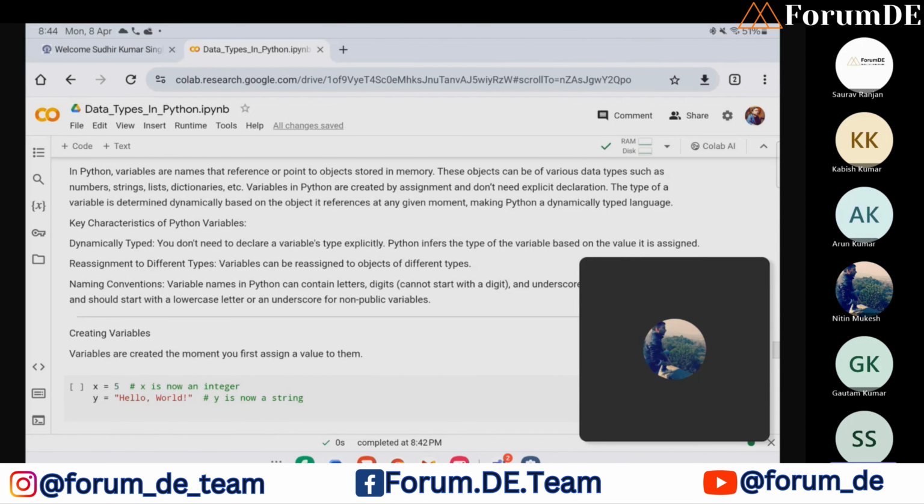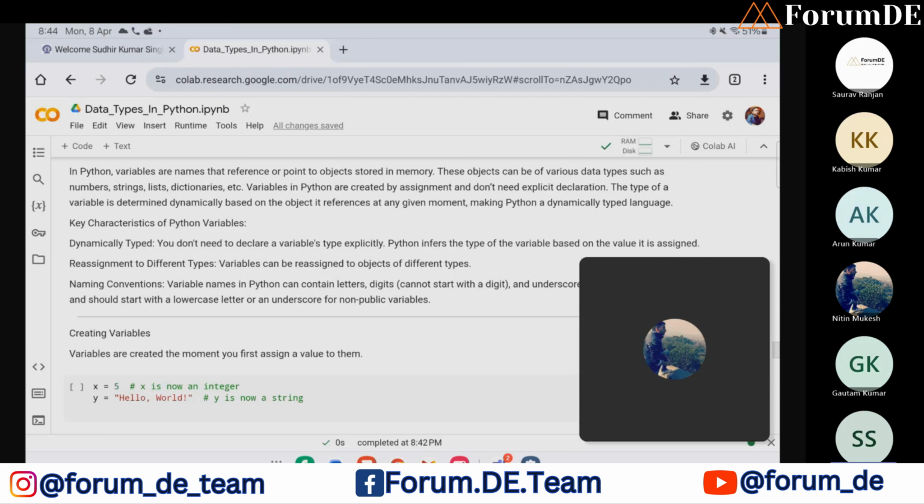Variables in Python are created by assignment and don't need explicit declaration. If we need to use some variable, we can directly assign it some values. No need to explicitly declare like in C and C++, other languages, where we need to first declare that variable and then we can use it. It's not the case with Python.